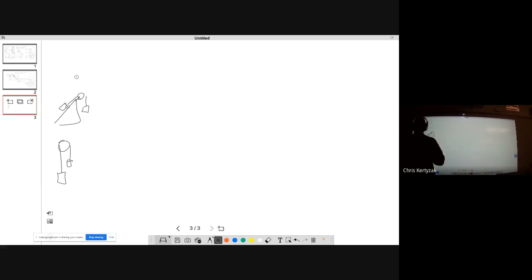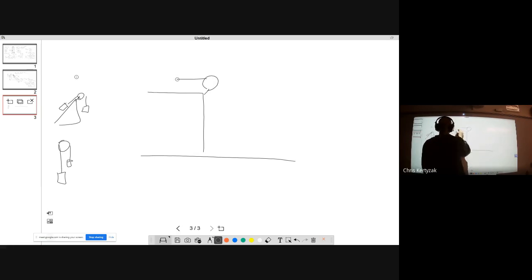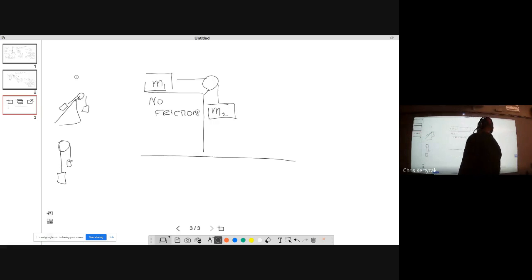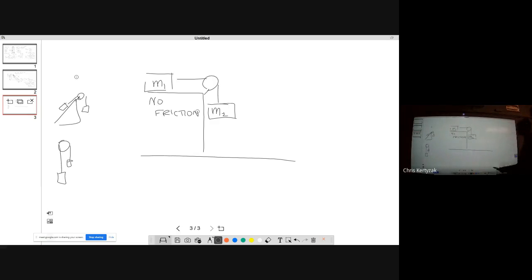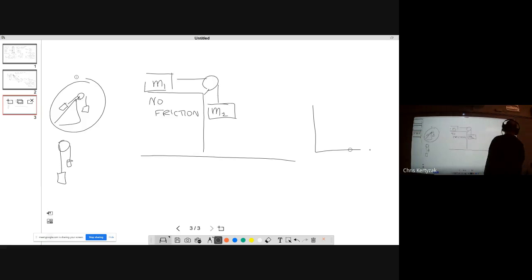The next one we're going to do is the one that you did the lab on earlier in the year. This one is very common. Call this one N1, call this N1, 2. What if there's no friction? They didn't talk about friction in the last one, that one we were just looking at, because they usually would not talk about friction on that one. It wouldn't usually reference friction. But it is worth pointing out, if they did,